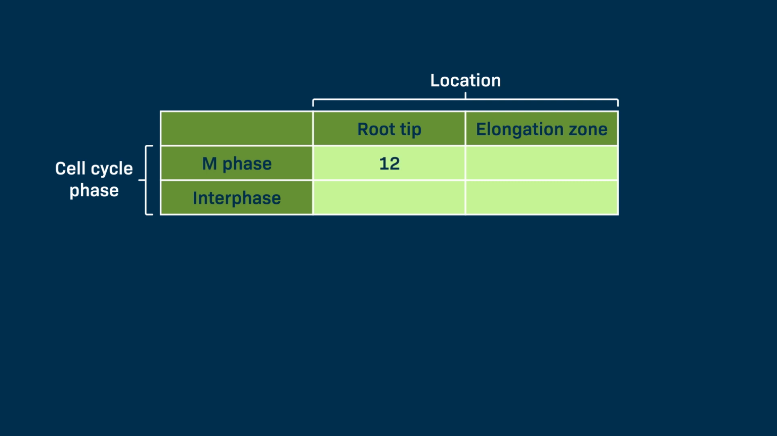In the root tip, I have 12 M phase cells and 71 interphase cells. In the elongation zone, I have 2 M phase cells and 82 interphase cells. At first glance, it looks like location and cell cycle phase could be correlated. There are more mitotic cells in the tip than in the elongation zone. But we won't know for sure if this seeming relationship is just due to randomness unless we do our chi-square